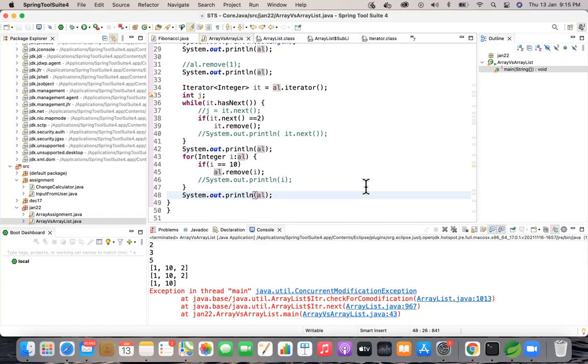So in that case, if I go with for each, I might end up with an exception because I'm going to modify the same list again and again in a repetitive way. Whereas in your iterator, it will have its own copy. So I don't need to worry about this concurrent modification exception, which happens at runtime. So to avoid that, we always prefer to go with the iterator. Internally, the for each is also using only the iterator, but it is a more advanced looping construct compared to your iterator.